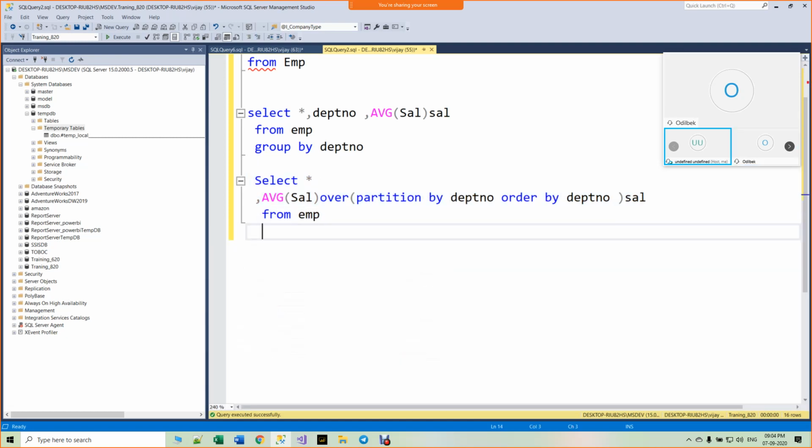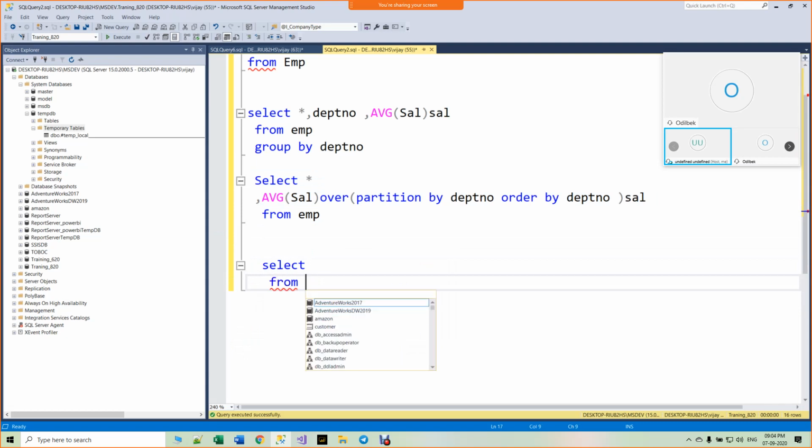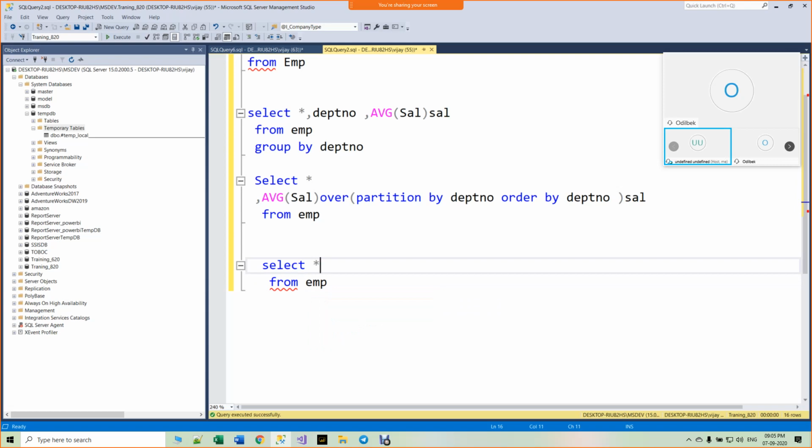Like this, we have the row number function also. Previously I gave a question: how do we find the same salary for two different employees? That one we can find out using the row number function. Let's see how we can do it.